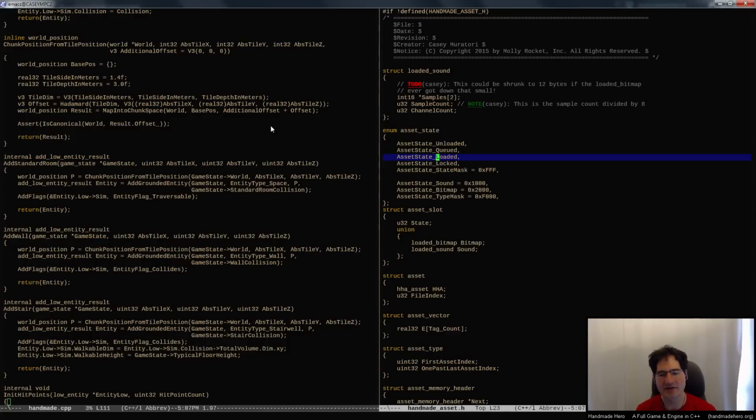So we need to have some kind of a notion of whether or not the asset itself is actually present. And then we need to know whether it's being used by one of those background tasks. So loaded and locked is what we decided for there. Loaded just means it's there but could be unloaded at some point because no background task is using it. But locked means some background task is using it, and therefore it's not safe to simply assume that you can